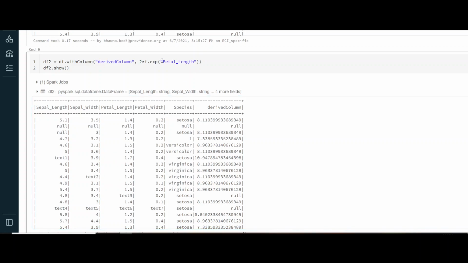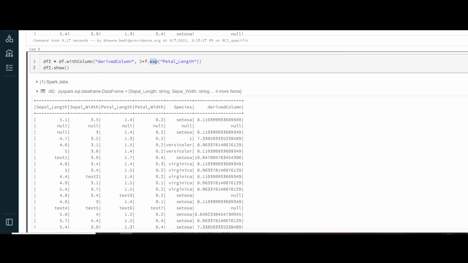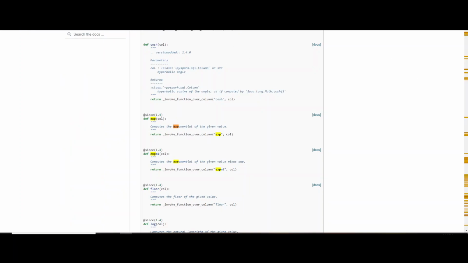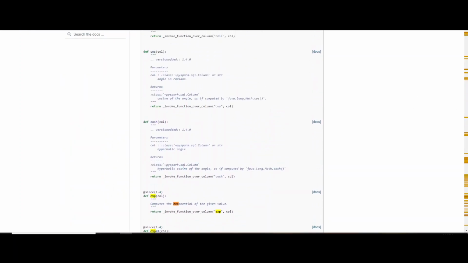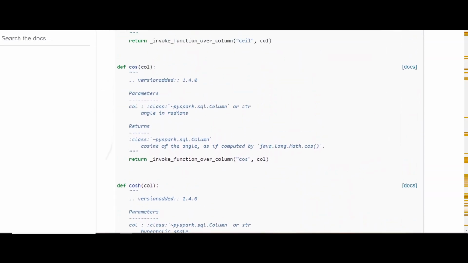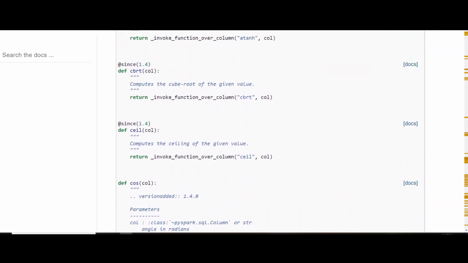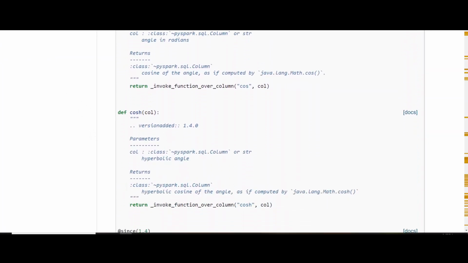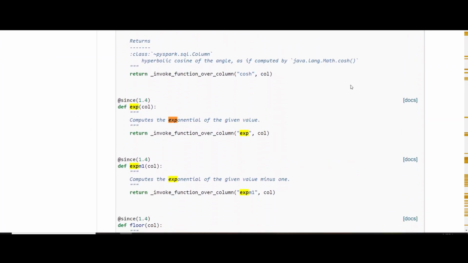Now for more clarity, let's copy this exponential, and I'll go to the source code. Now if you see here, this is the source code. Let me zoom it a bit, that will be much better. In this source code I will have an exponential function. Inside this package we have this function def exp. And now in comments you can see it computes the exponential of a given value, right? So it has computed the exponential of the column which I have mentioned there. So likewise, you can cross check from there also.